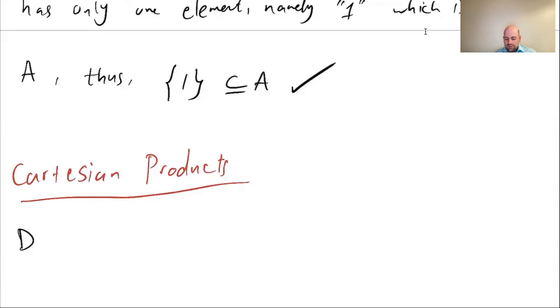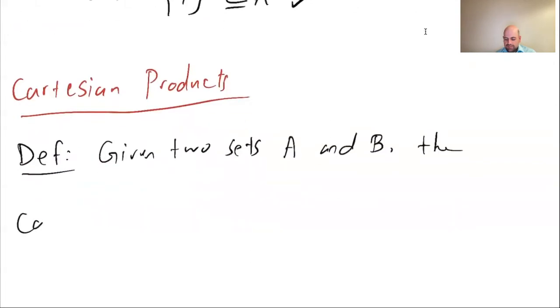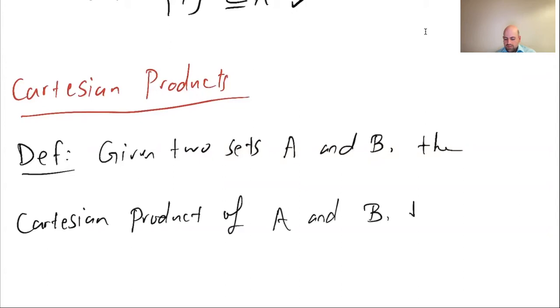So definition: given two sets, let's say A and B, the Cartesian product of A and B, denoted by A cross B,